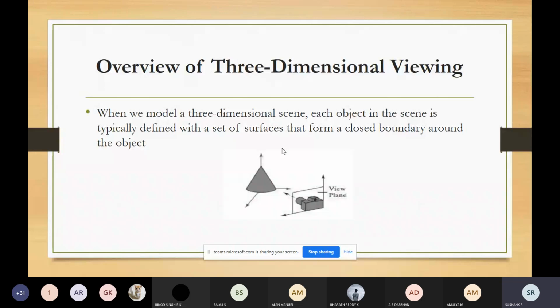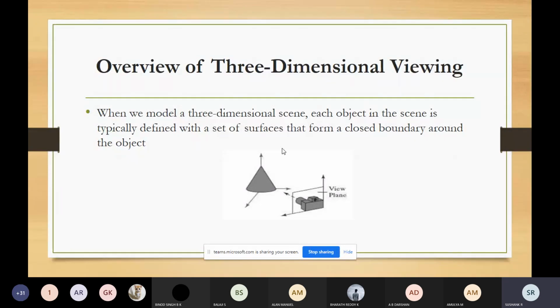From this, we can generate the view of an object on the output devices in outline form, just like the border. And for this, you can apply the lighting effect and the surface properties of that object to get a realistic view of the surfaces. So first, the coordinate references give us the position and the orientation for that view plane. Then the object descriptions are transferred to the viewing reference coordinates and projected onto the view plane.